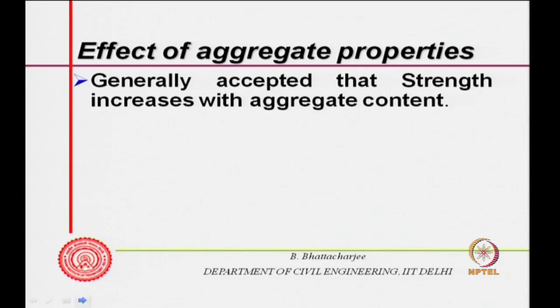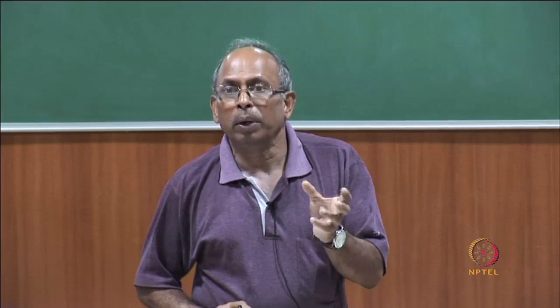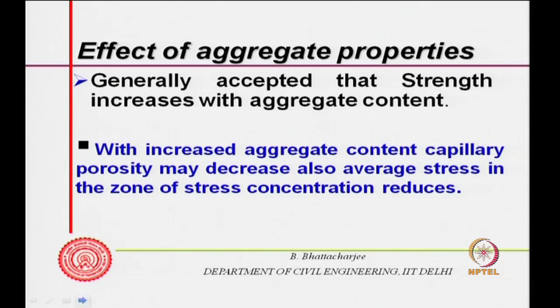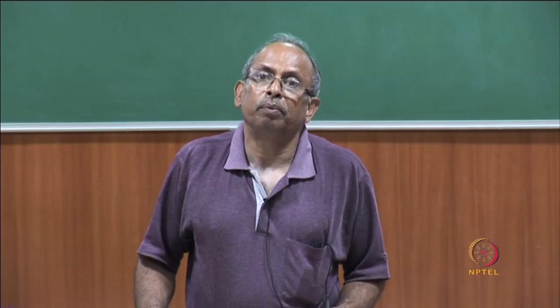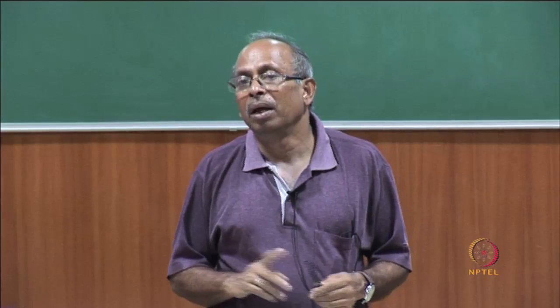It is generally accepted that strength increases with aggregate content in normal concrete, because aggregates themselves are strong, quite often much stronger than the paste itself. With increased aggregate content, capillary porosity may decrease. Also, the average stress in the zone of stress concentration reduces. That is the idea. Everything is stressed in a similar manner, and that is why as you increase the aggregate, strength increases in ordinary